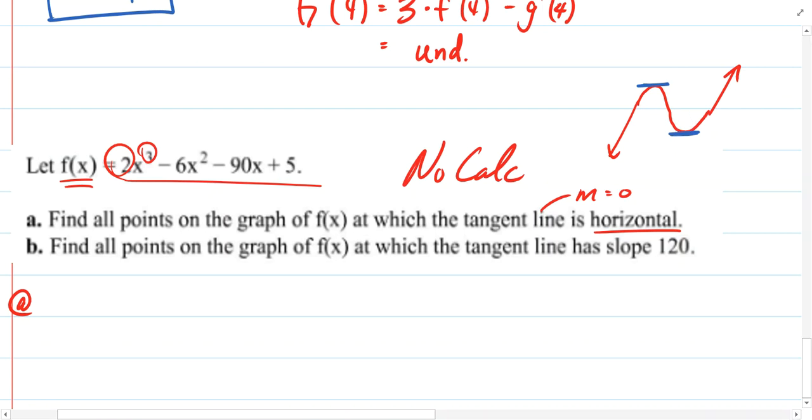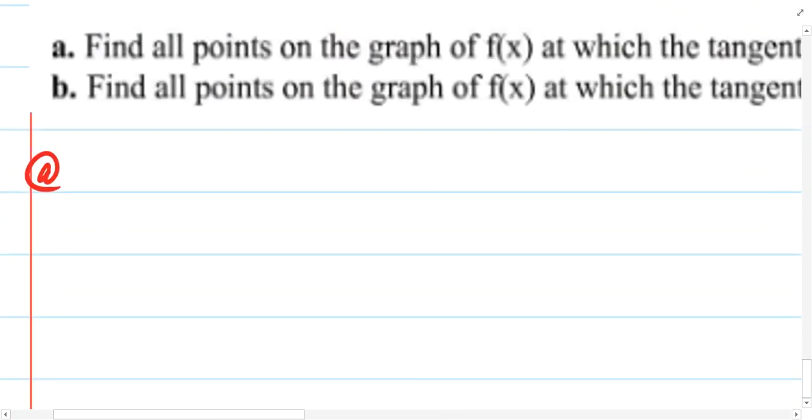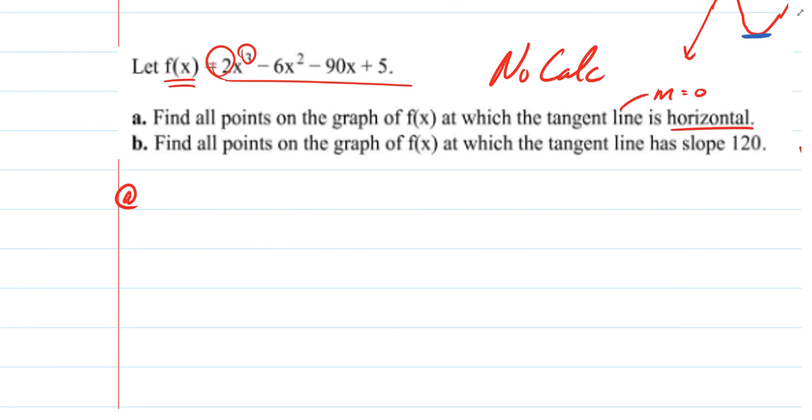Now, keep in mind that it is possible for us to have a cubic graph that never levels off. This would be an example of a cubic graph where no points of tangency are equal to 0, and we don't really know what this particular graph is going to look like. So without looking at the graph, we can evaluate it, we can interpret it by using our calculus. All questions that are posed in this way